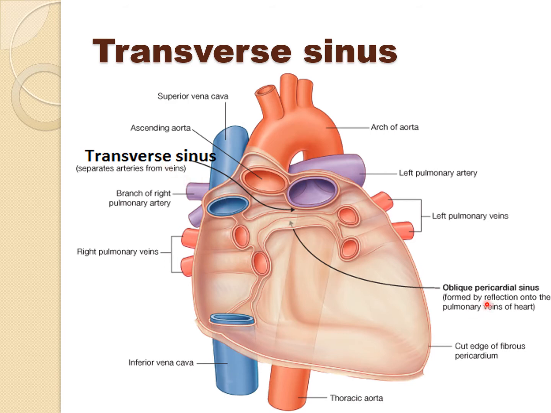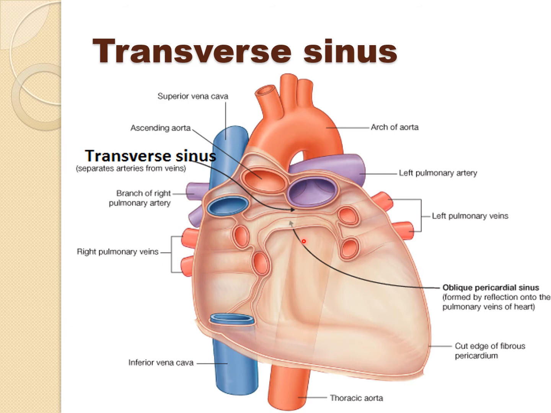The second sinus is the oblique sinus. You see this is the oblique sinus. It is a fluid-like sac behind the left atrium. The part behind the left atrium is the oblique sinus. Its shape is a closed cavity, closed on all sides, open only below. Its shape is fluid-like, behind the left atrium. It has an inverted J-shaped attachment of the serous pericardium and lies between the parietal and visceral layers. The oblique sinus is a parieto-visceral space. That is why it is named so. The other was the intervisceral space; this is the parieto-visceral space.